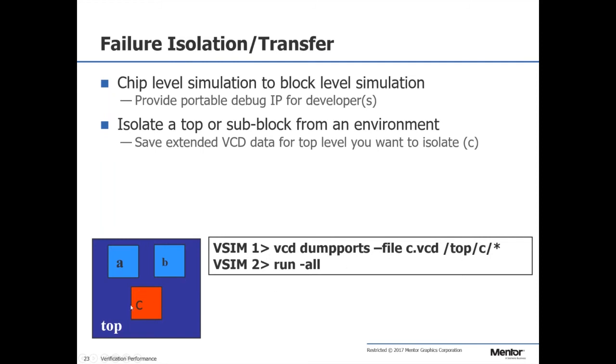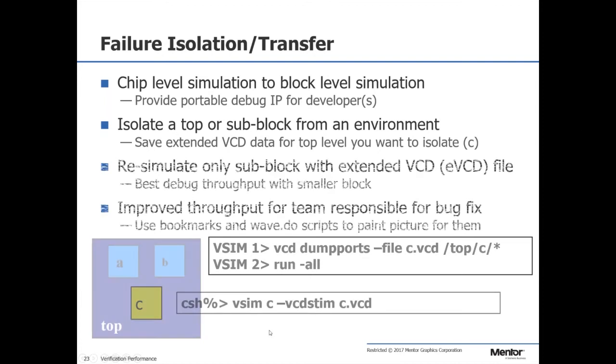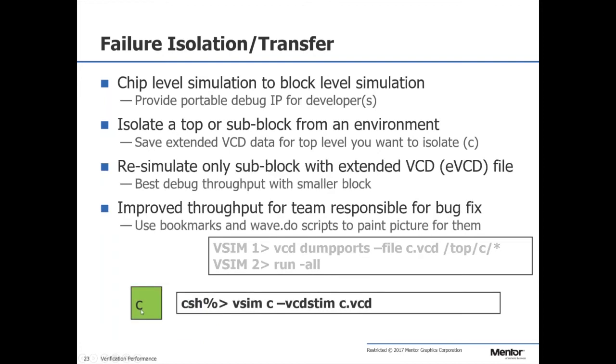So I run my simulation with my whole test bench and my whole design and everything else, but while I'm running that simulation, I'm going to dump all the I/O that was going into and out of block C into something called a VCD file, a variable change dump file. So I'm going to run my whole simulation, save that VCD file, and then I'm going to take block C and start to make some changes